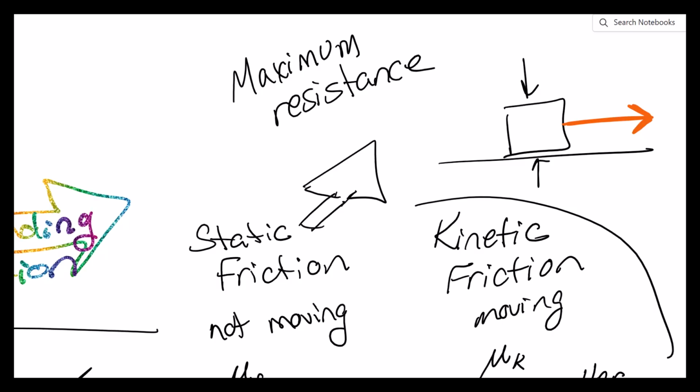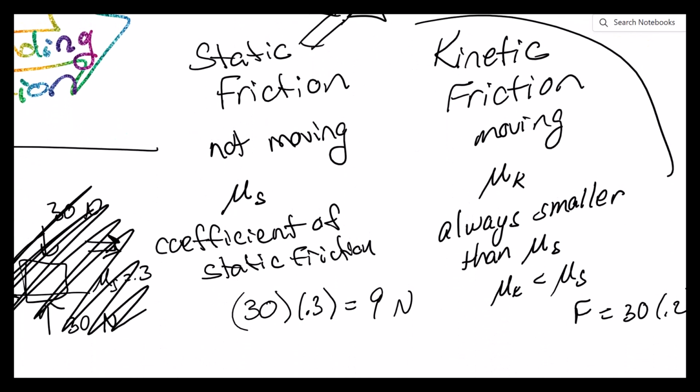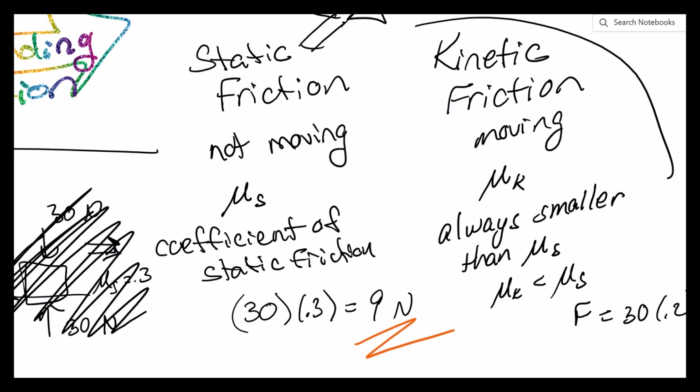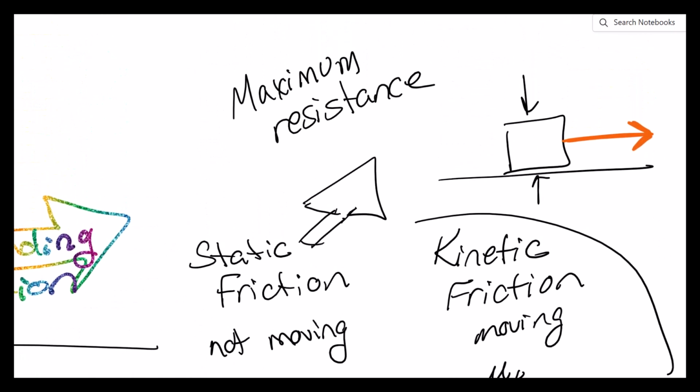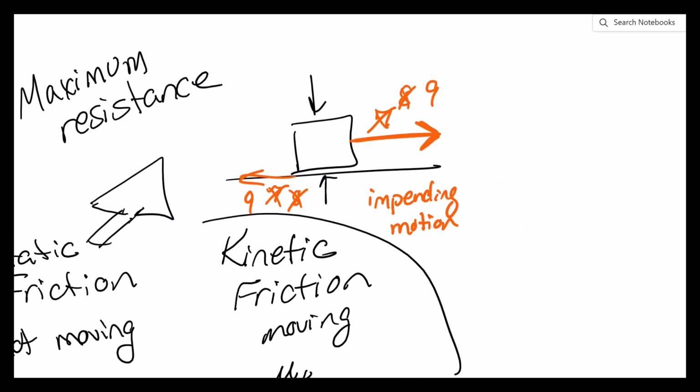In my fake example, I said 9 newtons was the frictional force that it could do. So if I pull at 7, it'll only fight back at 7, which means it won't move. If I pull at 8, it'll fight back at 8. If I pull at 9, it will fight back at 9, and this is where it becomes, quote unquote, impending motion. That's where it's about to move. But then once I pull at 10,